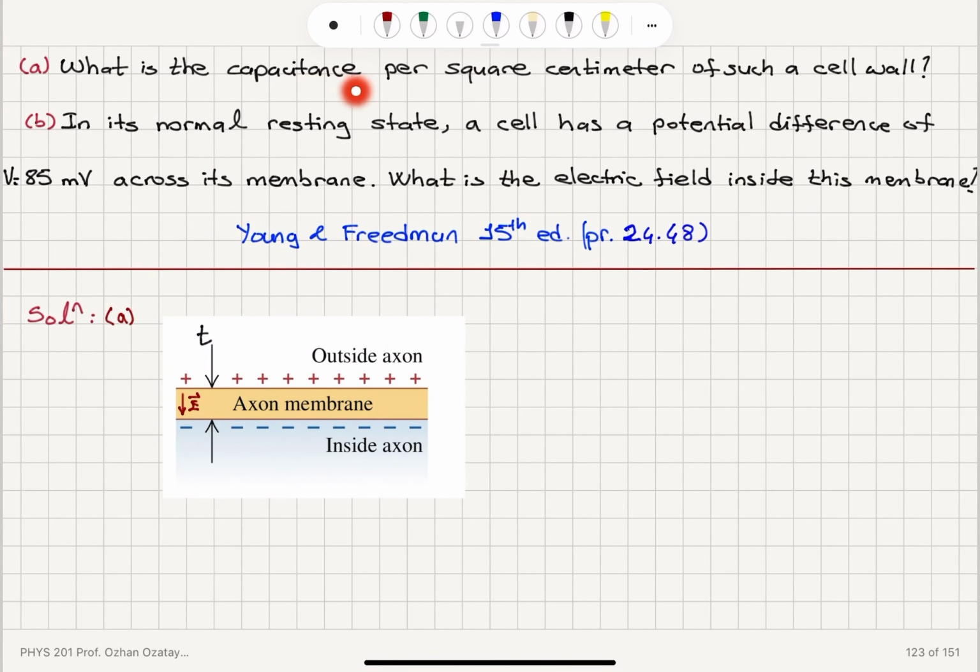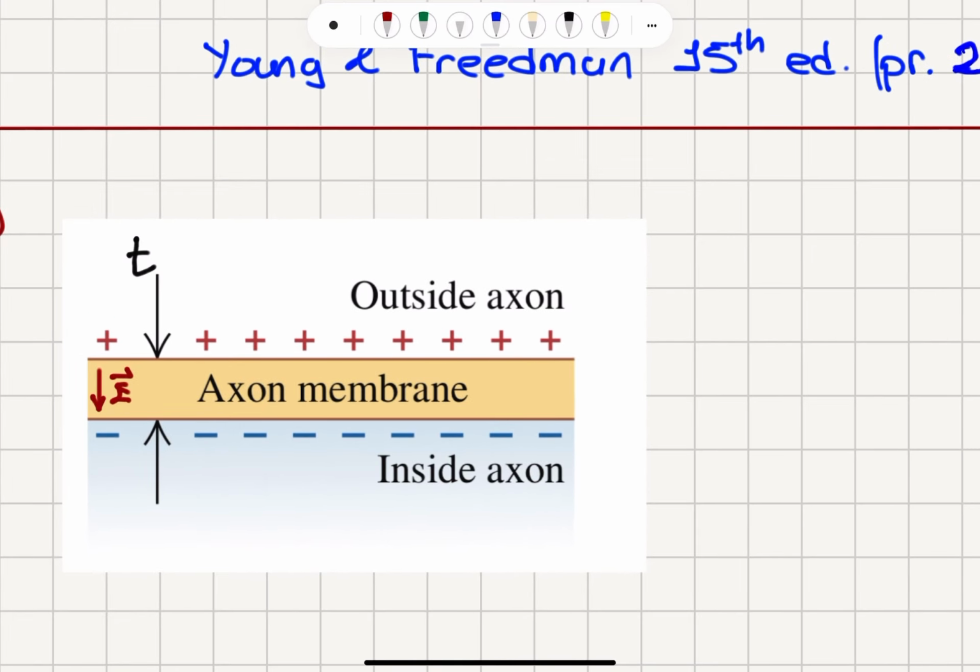Part A, what is the capacitance per square centimeter of such a cell wall? Part B, in its normal resting state, a cell has a potential difference of 85 millivolts across its membrane. What is the electric field inside this membrane? So the electric field will point from the positive charges towards the negative charges, and T is the thickness of